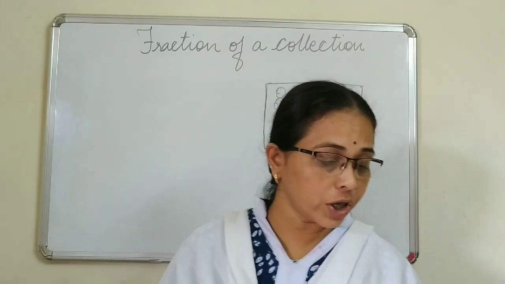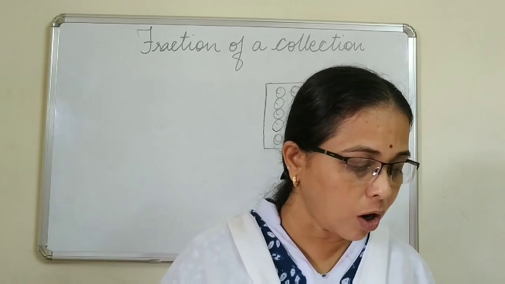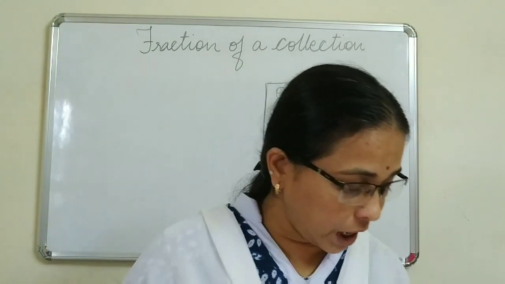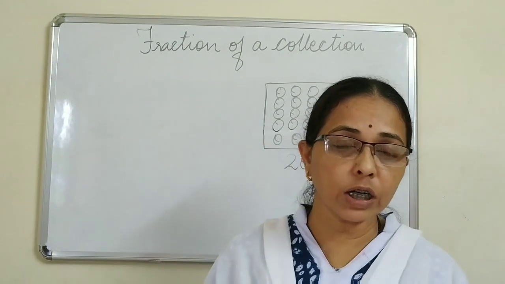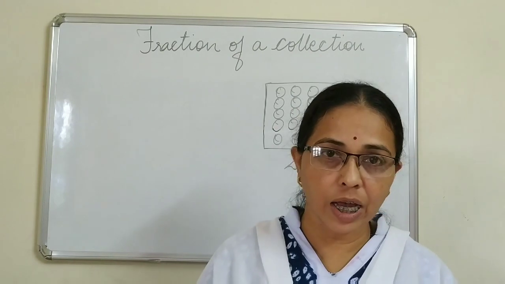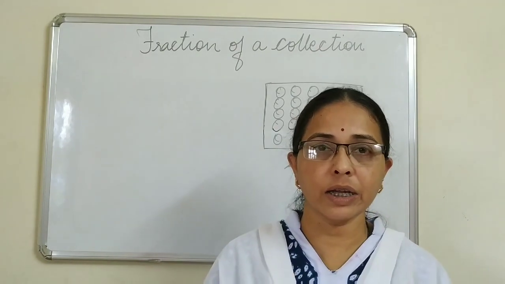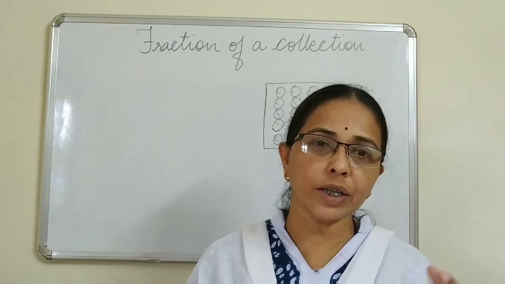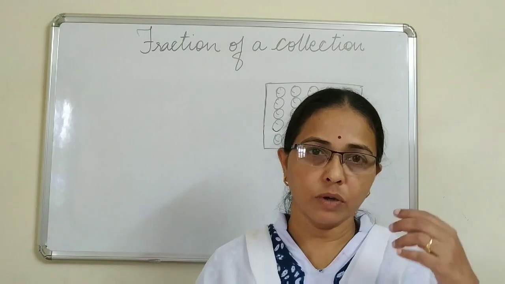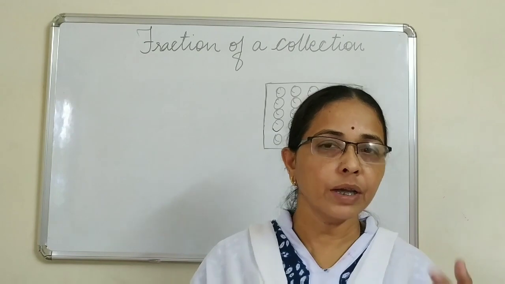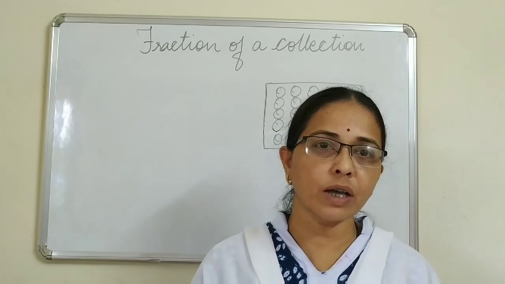Okay, we are going to study now the further part, that is a fraction of a collection and a multiple of a fraction. Okay, that is on page number 30. So what that is, a fraction of a collection as well as multiple of a fraction. Suppose you have 20 apples in a box and I ask you to give me 1/4 of the count. Not 1/4 apple, no. I will ask you 1/4 from that 20, give it to me. That means how many apples are you going to give me?